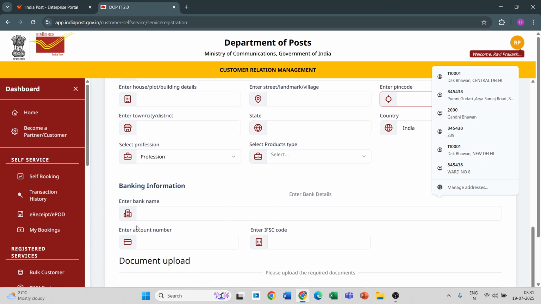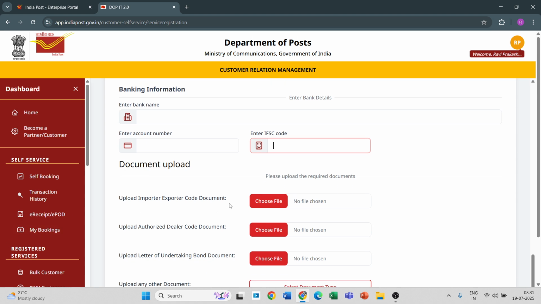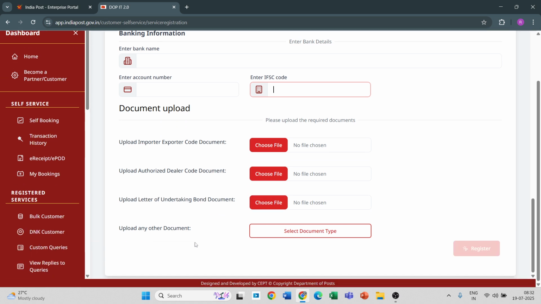Then here you have to enter the bank name, then account number, IFSC code, then you have to upload your IEC document, then authorized dealer code document, then letter of undertaking, and then any other document you want to upload. Suppose you are doing a food business, then for whatever product you are exporting, you have to upload the FSSAI